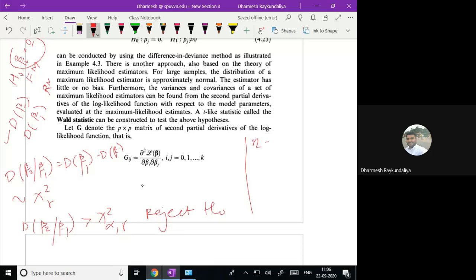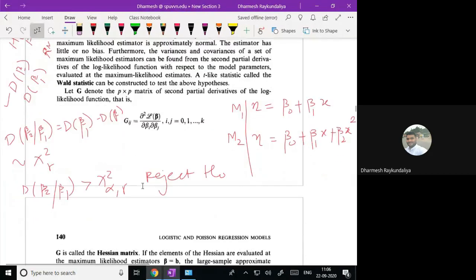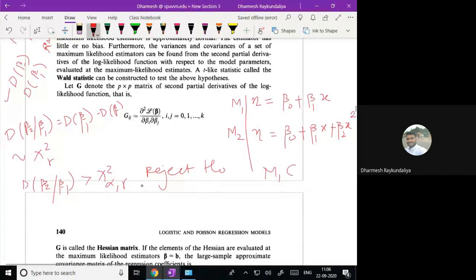First, we consider in model 1 a linear predictor having only two elements, beta 0 plus beta 1 x, and another model, let us say we add the quadratic term of x, called x square. Then for my second model, the linear predictor is beta 0 plus beta 1 x plus beta 2 x square. We know that the first model, that is M1, is a subset of the second model because M1 is contained in the M2 model. So of course, when the models are nested in nature, we can use the